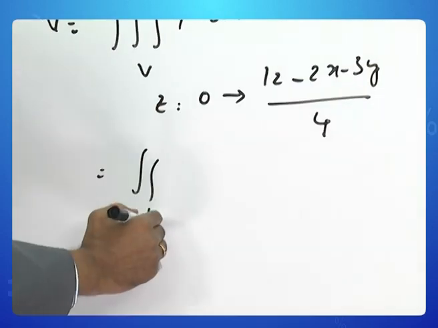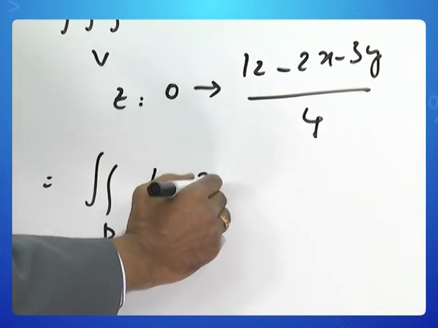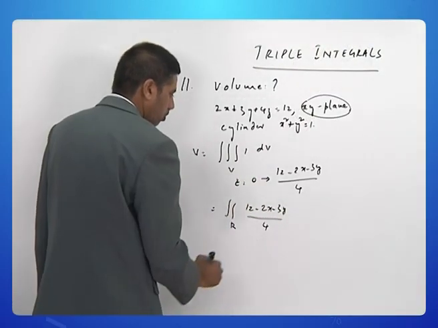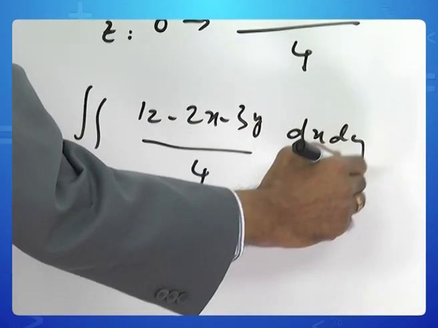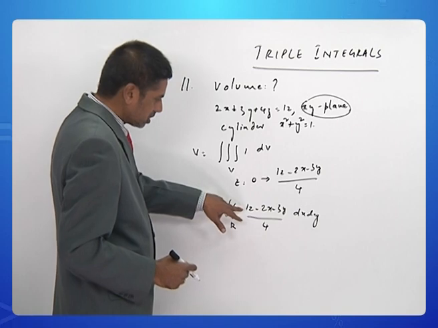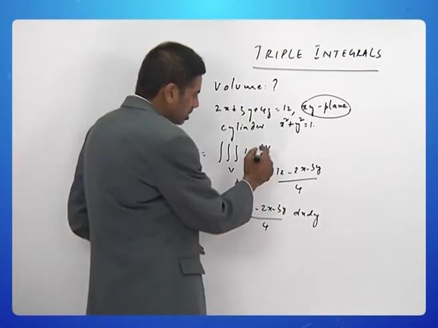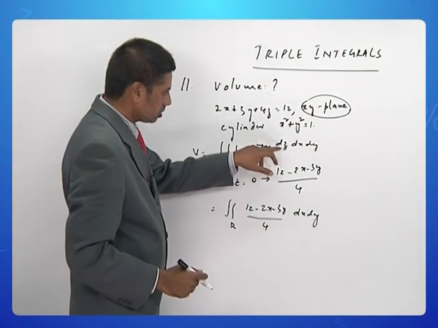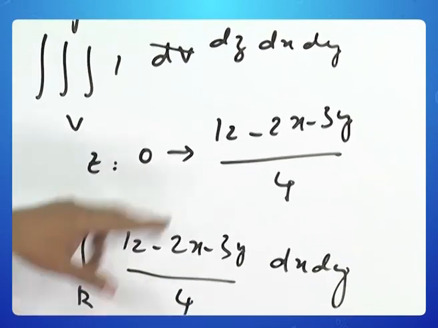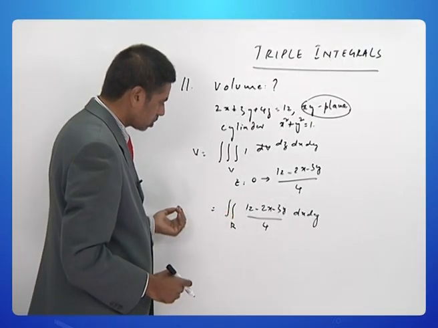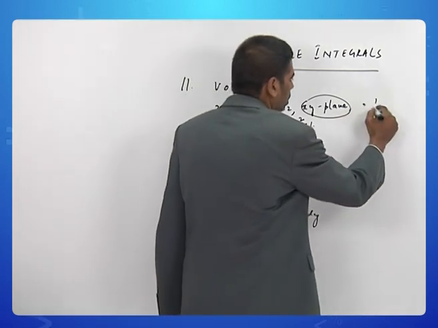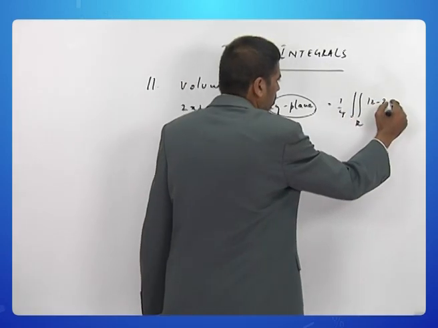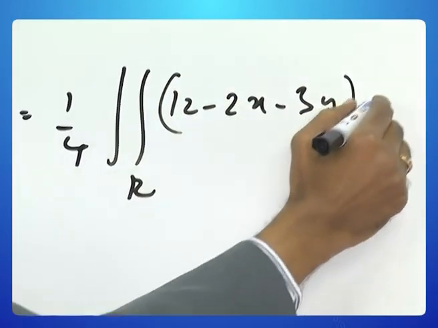So we'll have double integral over R of 12 minus 2x minus 3y by 4 dx dy. In fact, I have not shown the first integration. Once you write dV as dz dx dy, the first integration with respect to z will give us this because of the limits. So take 1 by 4 outside: 12 minus 2x minus 3y dx dy,